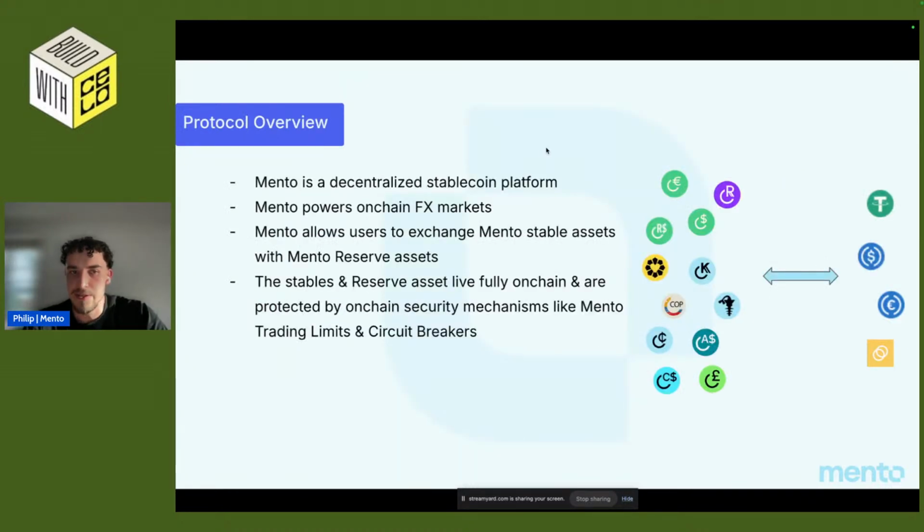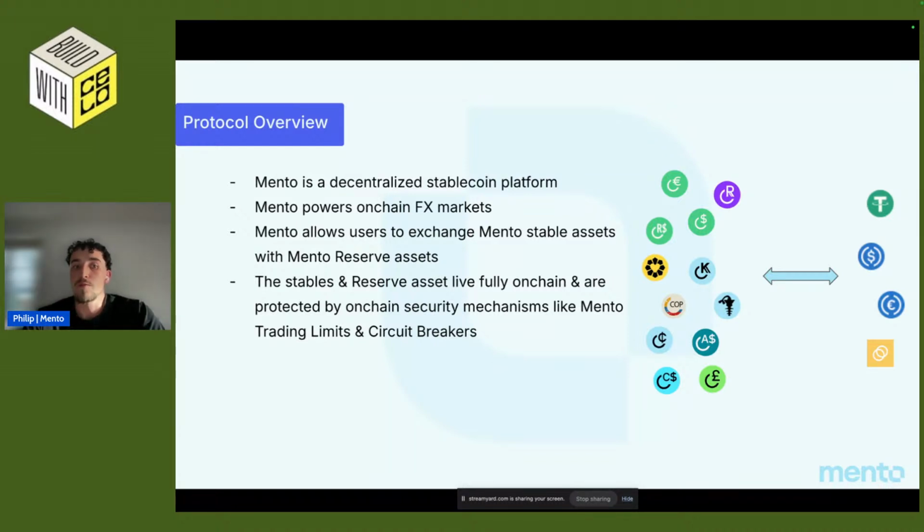Mento is a decentralized stablecoin platform which powers on-chain FX market. Mento has multiple stablecoins like the Euro stablecoin, cEUR, cUSD, cCOP, or the Colombian peso. And Mento essentially allows everyone to swap these tokens against collateral reserve assets, like, for example, Tether's USDT, USDC, EURC, or Celo.